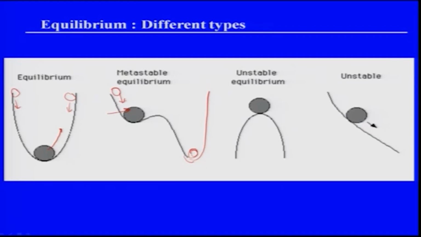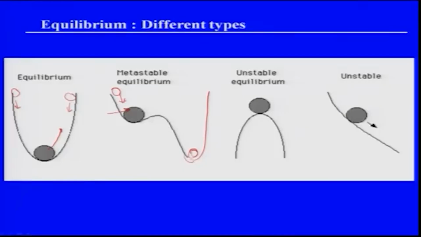That means in the way of moving, somewhere it finds a local equilibrium, or local minima rather, and it got stuck there. That is what is known as metastable equilibrium. This is very important in steel, we will see it in detail. Okay, that is what is known as metastable equilibrium. Now what is unstable? Unstable equilibrium first. There are two things, stable and unstable equilibrium. You must have a very good idea about that.